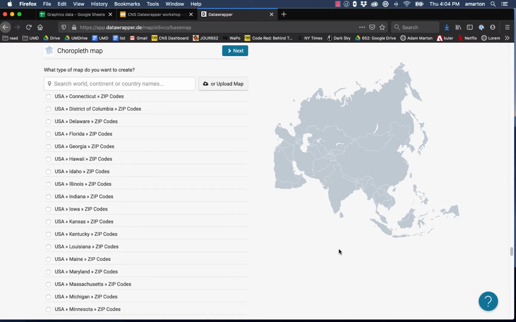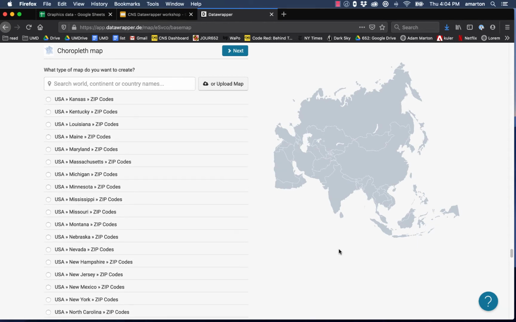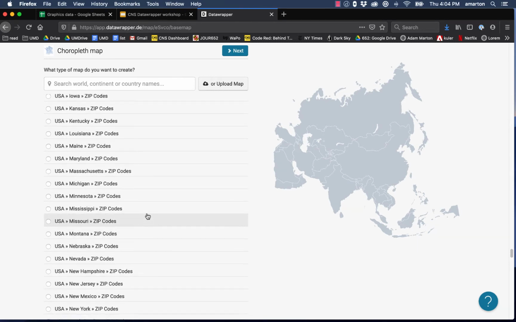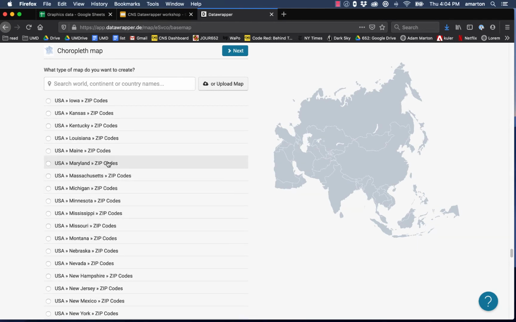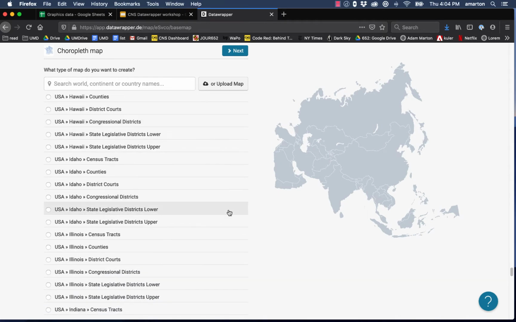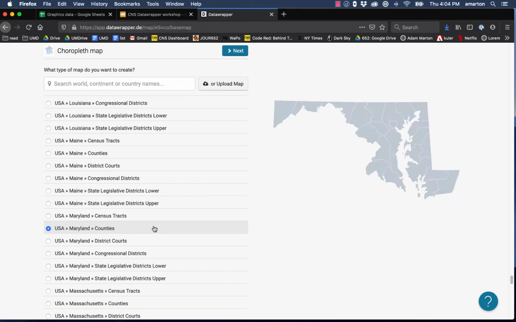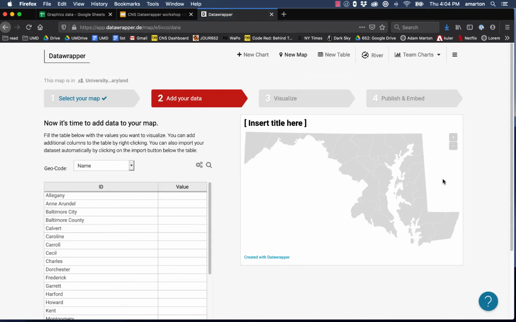All right, here we go. USA. Maryland, and we've got zip codes. We've also got legislative tracts, district courts, and counties, which is actually what we want to use right now. So this shows every county in Maryland, and we'll go ahead and click next, and it's going to let us